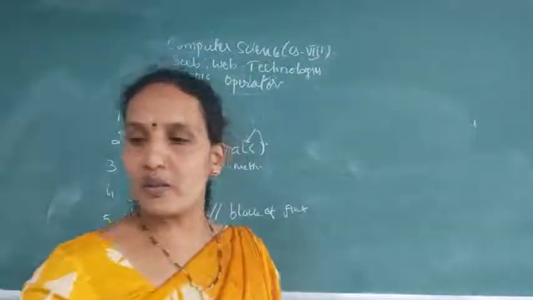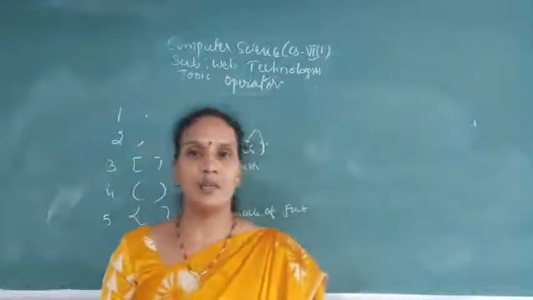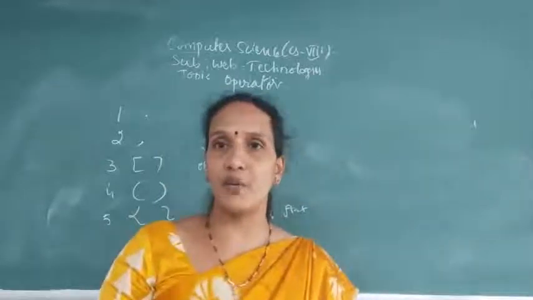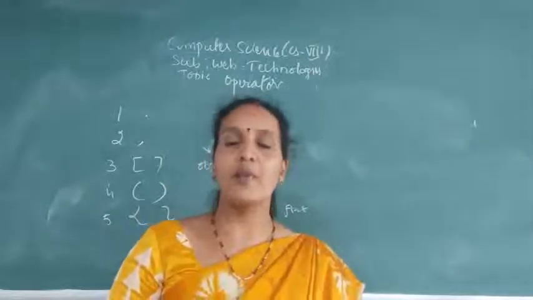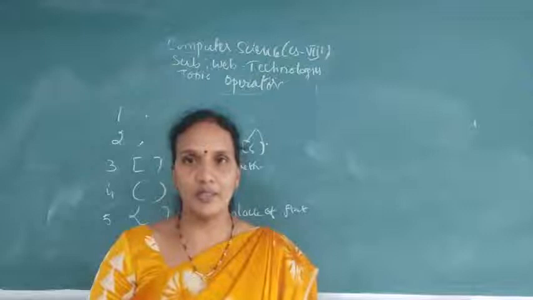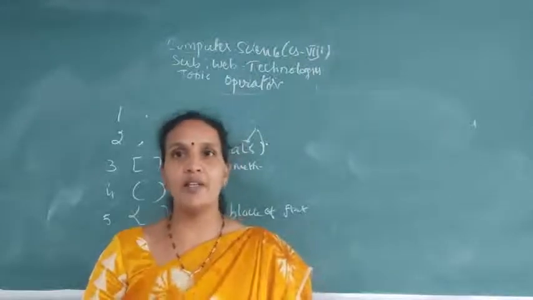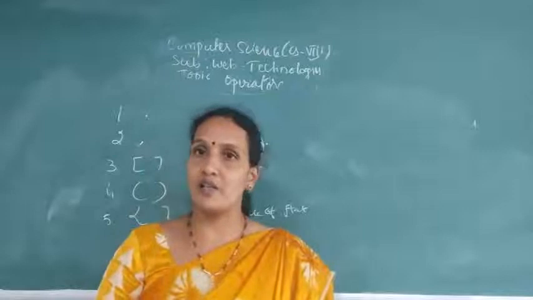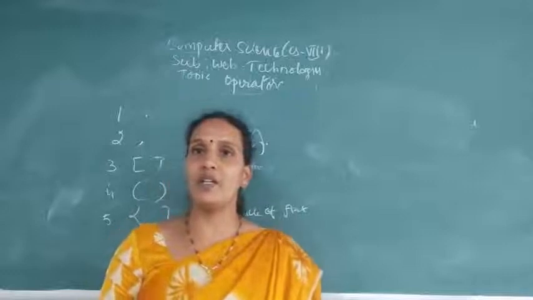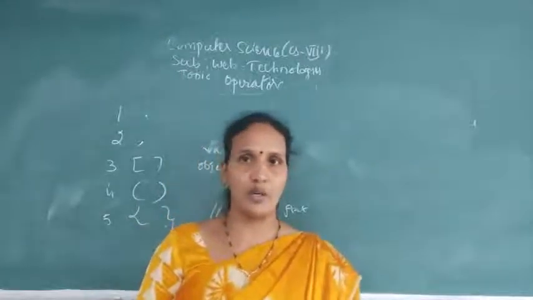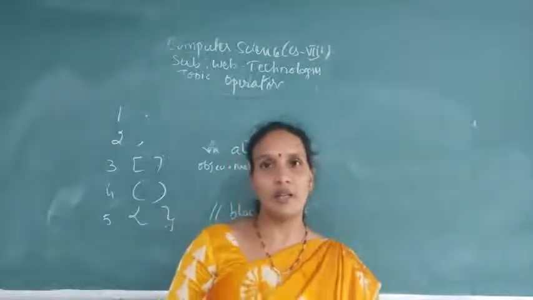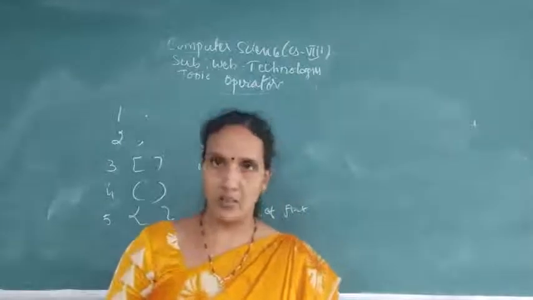Okay, so this is about your JavaScript operators. Clear? So what is an operator? Operator is a symbol which is used to perform arithmetic and logical operations. And JavaScript supports different types of operators: arithmetic, logical, relational, assignment, increment and decrement operators, string operators, and miscellaneous operators. Okay, arithmetic: addition, subtraction, multiplication, division, modulus. And coming to relational operators: less than, greater than, less than or equals to, greater than or equals to, equals to, not equals to.